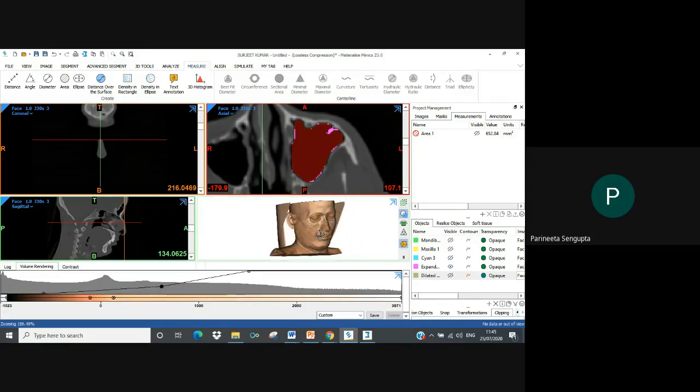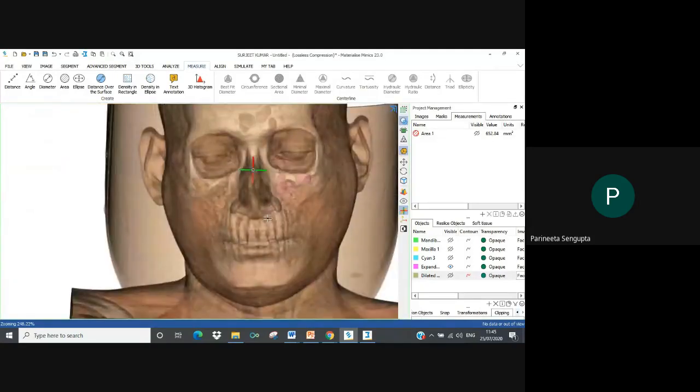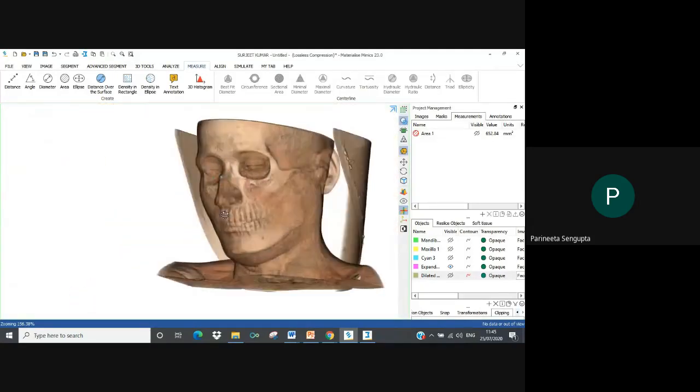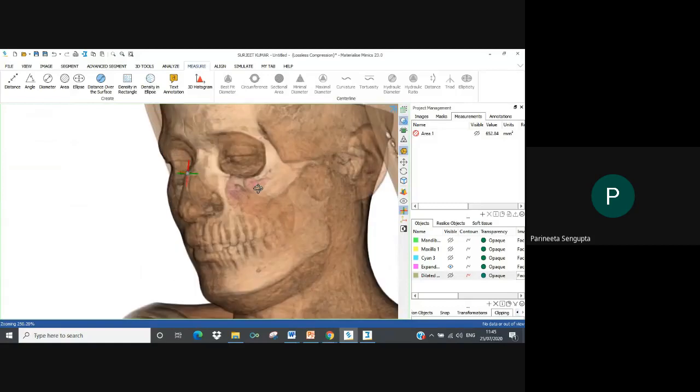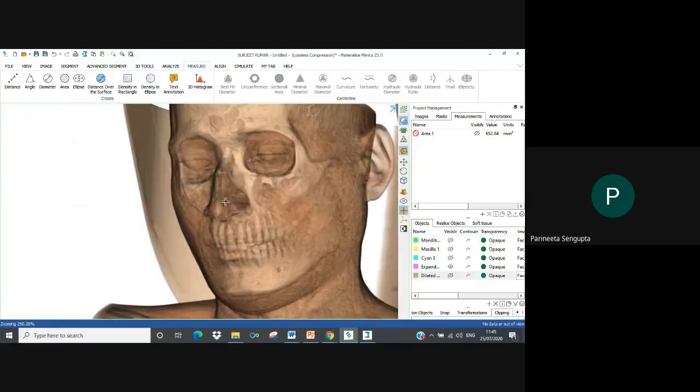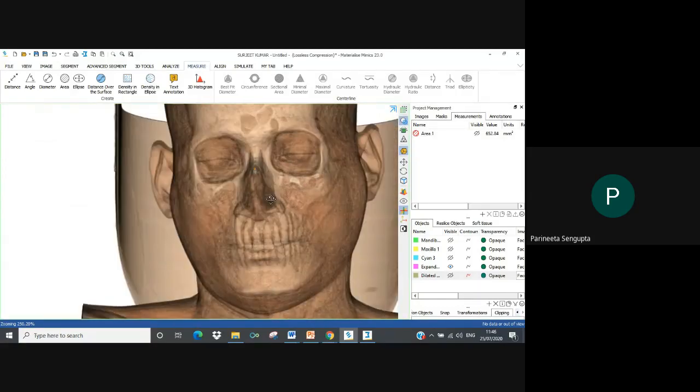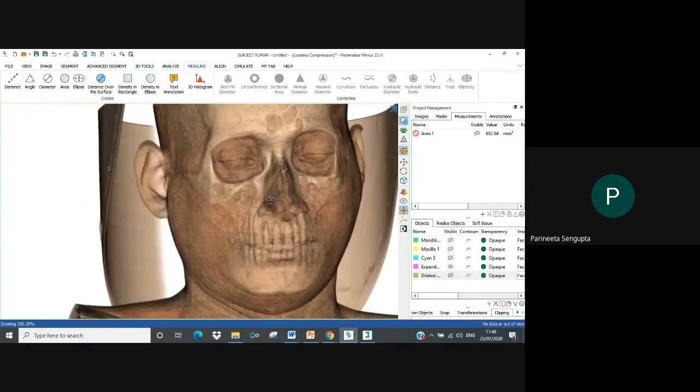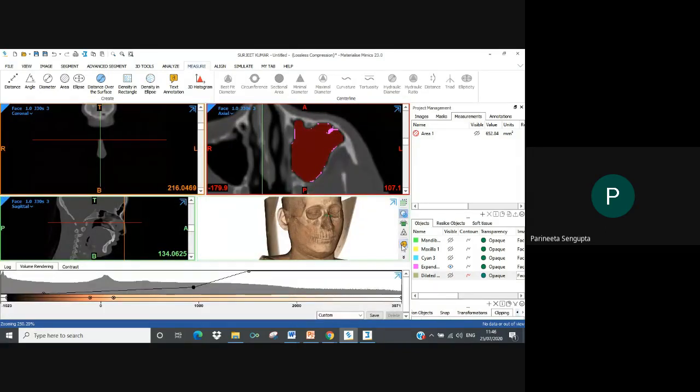Can you observe the changes when I'm changing points? You can see the skin as a lighter form, and then you can see the bone, and you can also see the purplish maxillary sinus, the one that we created. So this is how you can visualize.